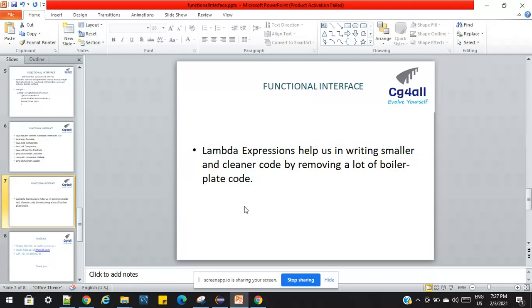In the next section, the lambda expression gives us a new syntax on top of the functional interface, which makes it very easy to use. The advantage is that we no need to write 10 lines of code; we can easily do it with one line of code. All this boilerplate code which is not much used, we can reduce. That is the most important advantage of the lambda expression in Java.